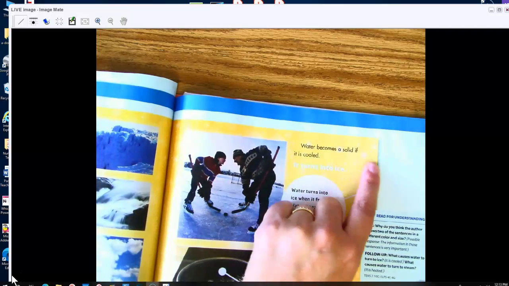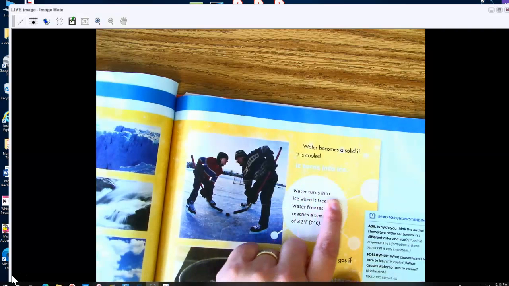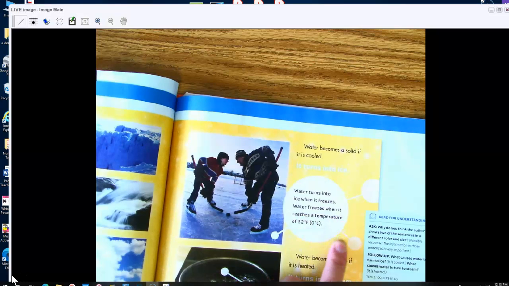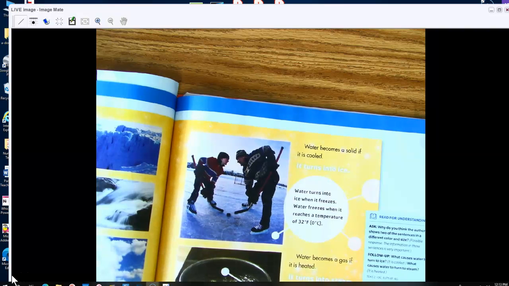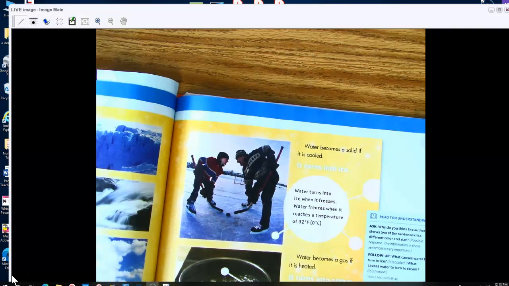Water becomes a solid if it is cooled. It turns into ice. Water turns into ice when it freezes. Water freezes when it reaches a temperature of 32 degrees Fahrenheit. Water becomes a gas if it is heated. It turns into steam. Water turns into steam when it boils. Water boils when it reaches a temperature of